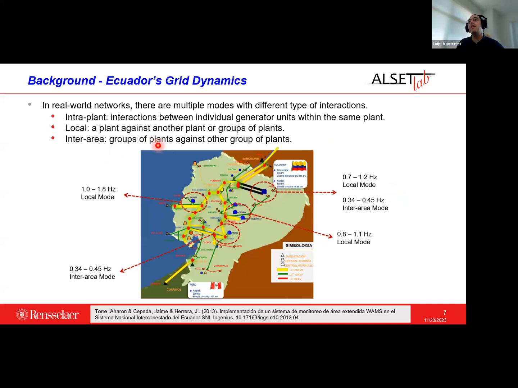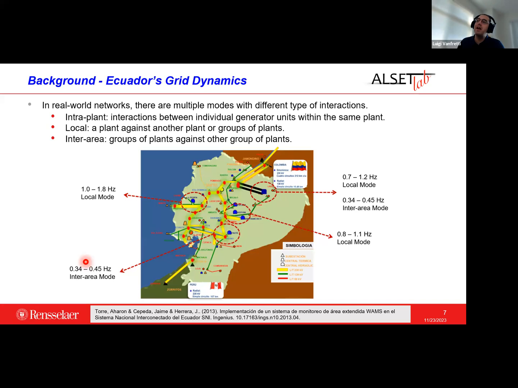That is the inter-area one, where you have a power plant, let's say here in the north, and it is going to interact through the network with the power plant in the south. So it could go through here. These are high voltage transmission lines in yellow, 230 kilovolts. So you could have these two paths, and that is another dynamic. So it gets more complicated, kind of the point being. And all of these